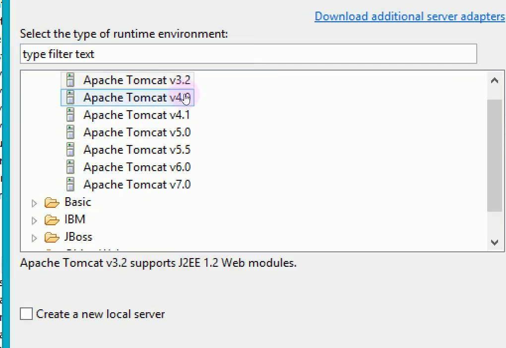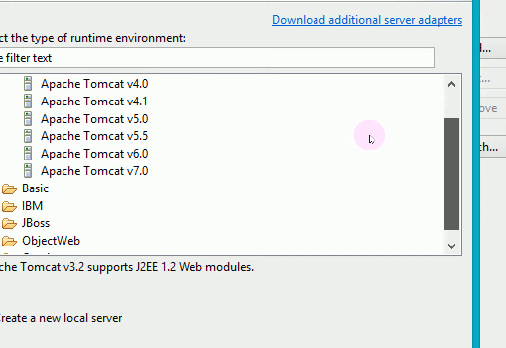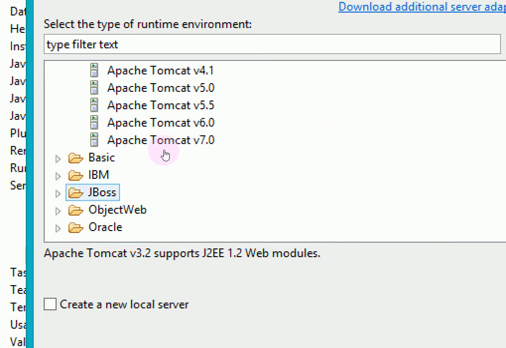Then you can see here different Apache Tomcat versions. As I am having version 7 in my system, I am choosing it. Here you can get all the different servers also, like IBM web server, WebSphere server, Glassfish server, like that different server options are appearing here. But as we are going to configure our Eclipse with Apache Tomcat server, we need to choose Apache Tomcat